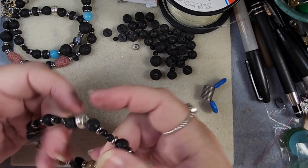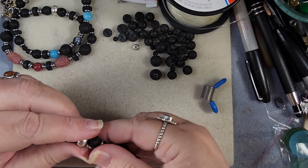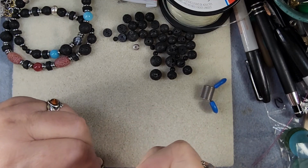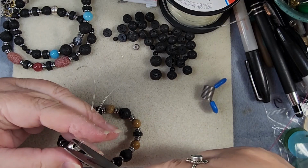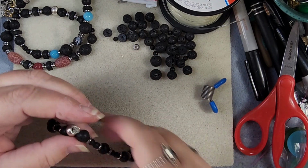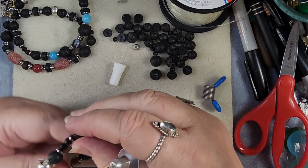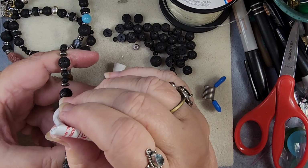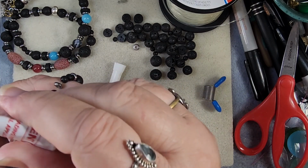Are we having loose spots? Nope. That's great. So come back out. We're going to tighten this up some more, make sure it's good and tight. Cut off our extra string. So when you pull it in, obviously, like I was just showing, you need to have that tightness. So I'm going to put plenty of glue down here to cover up,